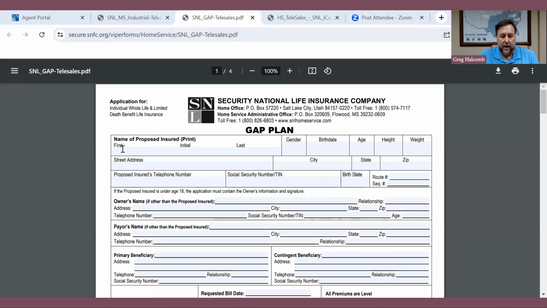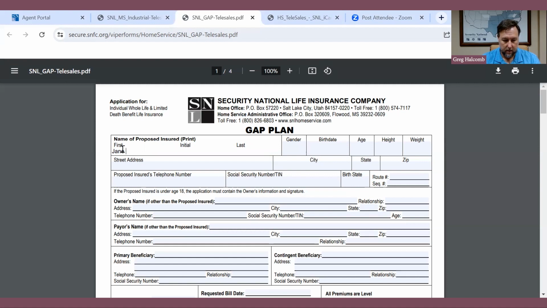So we start in the first line, and this is where you would put your name. Now, I am using the PDF version. You may not have the PDF version. You may do the printed version where you physically fill it out. It's all up to you. But I'm going to start with our customer's name. We'll say Jane Doe,